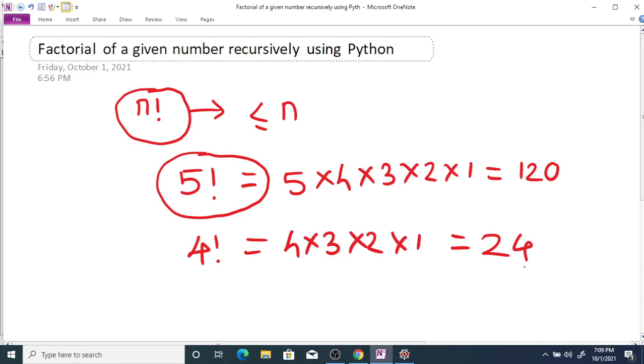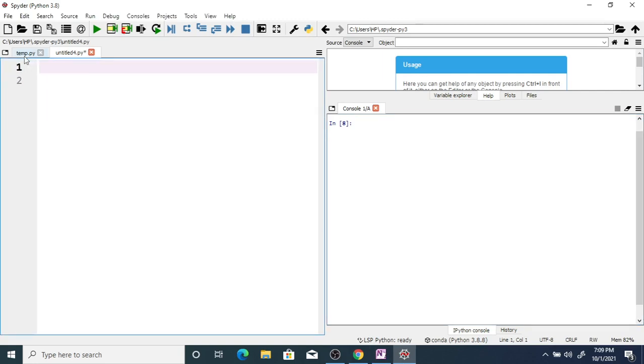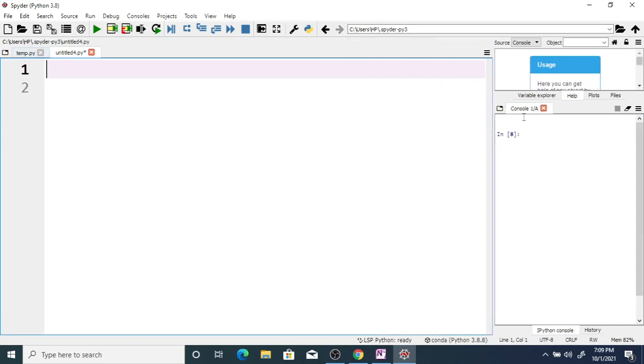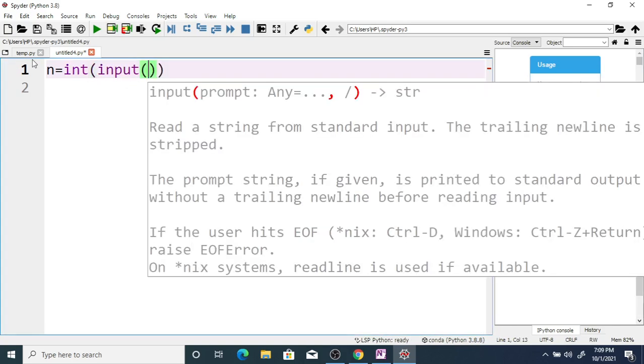Now, we are going to determine the factorial of a given number using Python programming. So, here first we want to input integer n, say n is equal to, since it is an integer number, so input, enter your number.